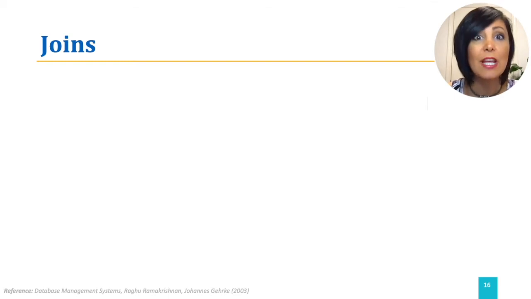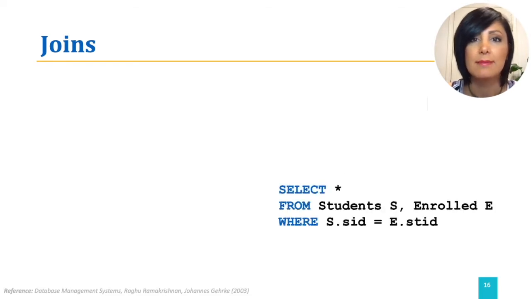Remember our students and enrolled relations, where the students relation had attributes SID for student ID, name, age, GPA, and the enrolled relation had attributes SID for student ID, CID for course ID, and grade. We sometimes may need to use queries like select everything from students S and enrolled E where S.SID equals E.SID. This query can be expressed in relational algebra using the join operation, which is one of the most useful